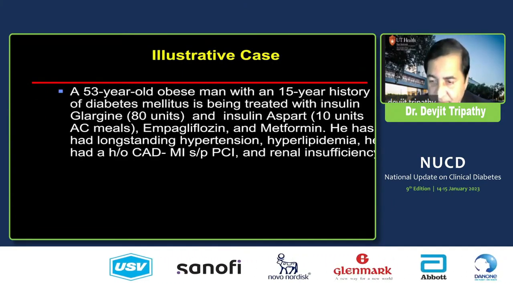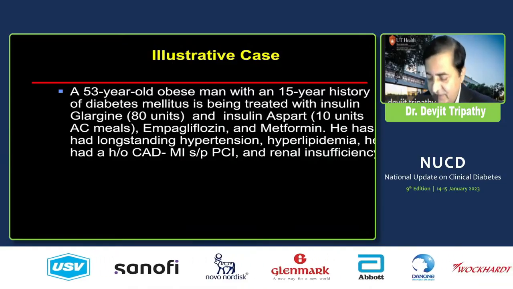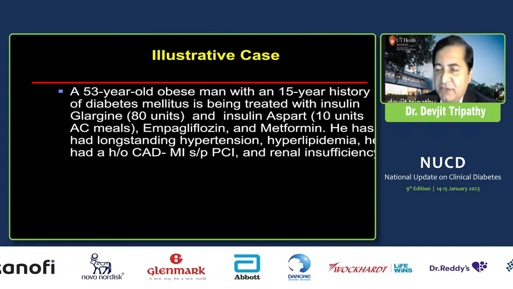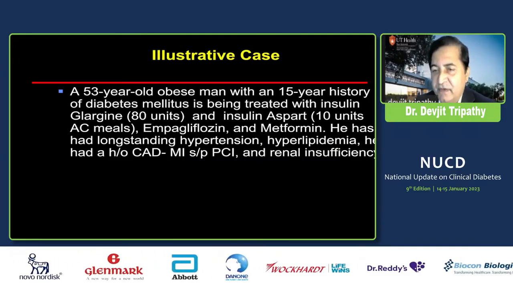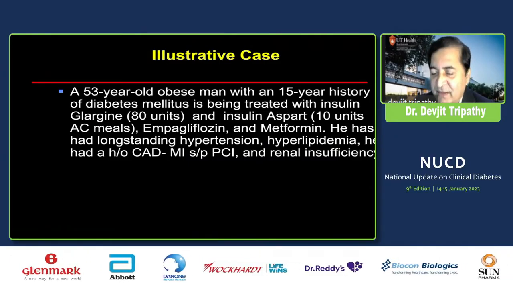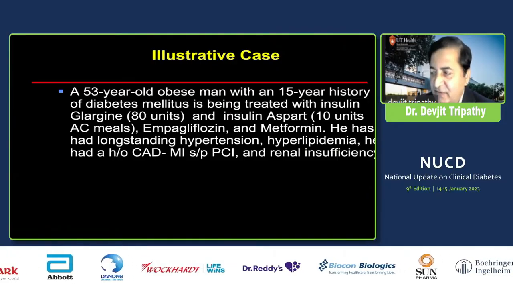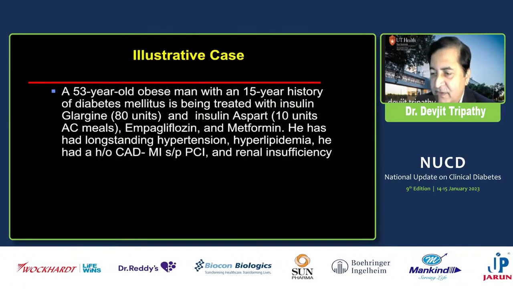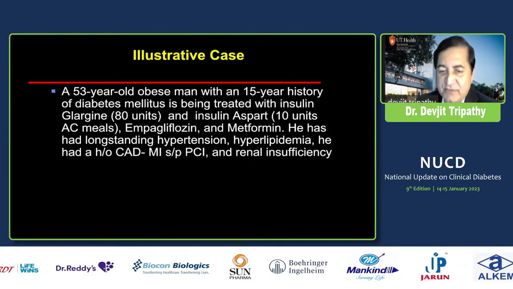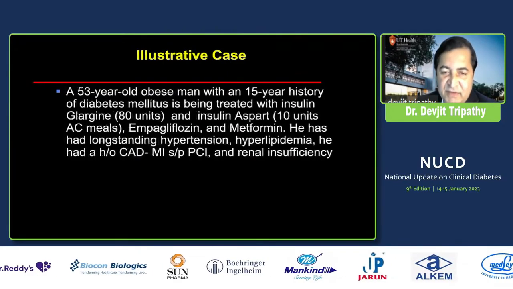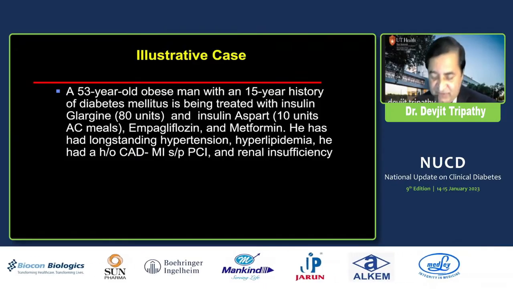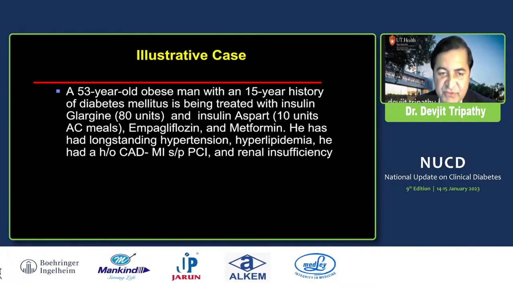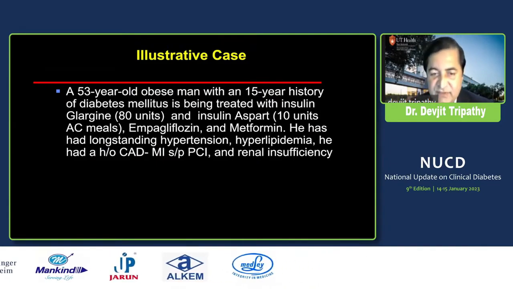So I start with the case which I see in my clinic. He's a middle-aged obese male, has a long-standing history of type 2 diabetes, is on high dose of insulin, and is also on SGLT2 inhibitor, and has an extensive history of cardiovascular disease, and has multiple stents. His current A1C is 8.2%, as he has chronic kidney disease, and he wants to achieve better glycemic control, but he's very concerned about weight gain. So what will be the appropriate therapeutic option in this case?